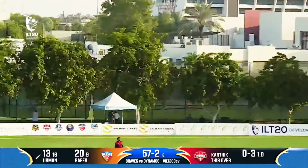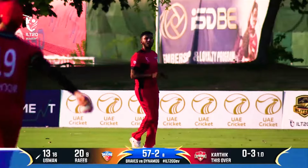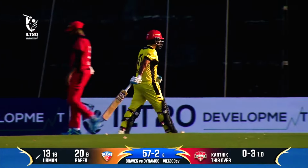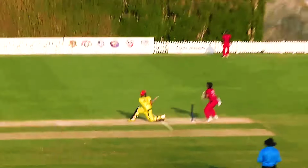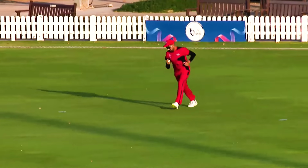Width on offer, goes towards the leg side, miscues it completely. And he finds Zahoor Khan, the captain, takes out his counterpart. Well, Usman trying a little too many things there. That was way outside off stump, trying to fetch it from outside. Gets a top edge and an easy catch for Zahoor. That's a very big wicket. That is, I think,